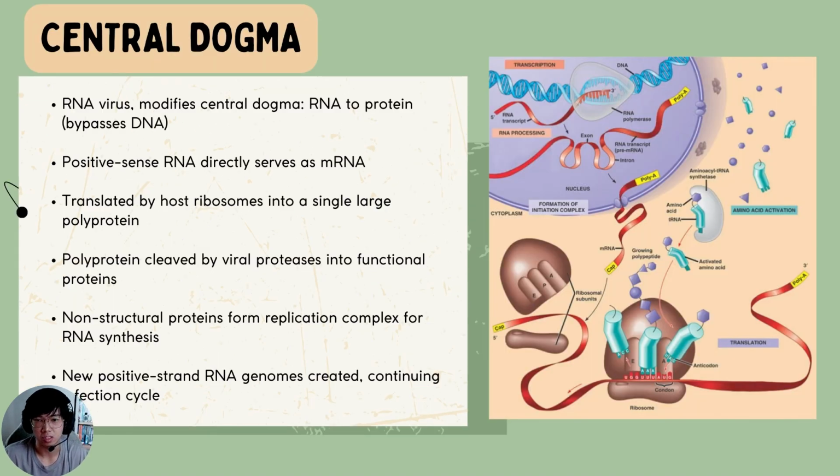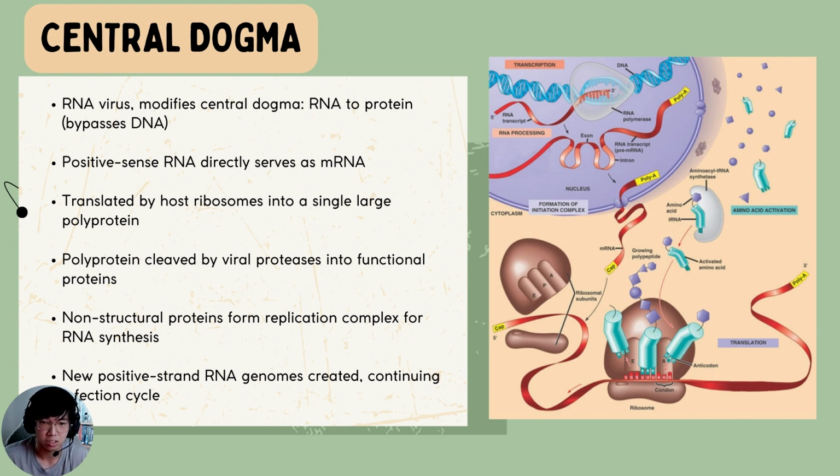Unlike most organisms that follow the linear path of DNA to RNA to protein, Echovirus 9, an RNA virus, alters this process slightly. Its positive sense RNA genome directly serves as mRNA once inside the host cell. This RNA is translated by the host's ribosomes into a single large polyprotein. Viral proteases then cleave this polyprotein into several functional proteins, including structural proteins for the viral capsid and non-structural proteins